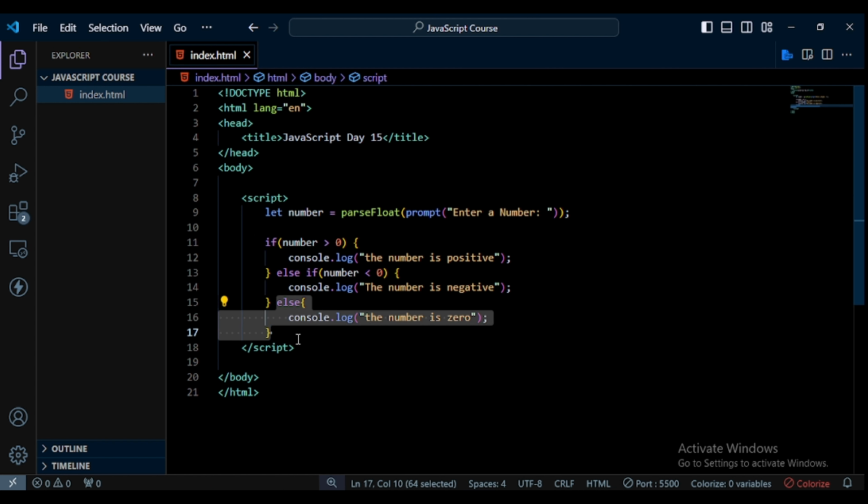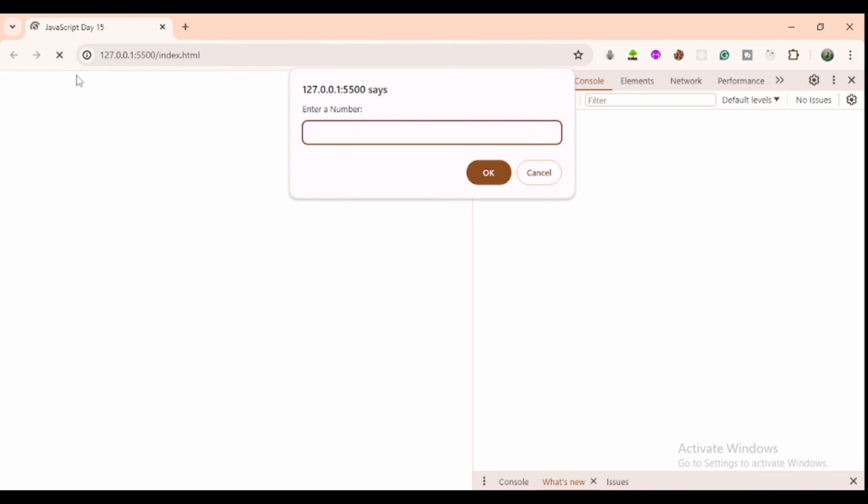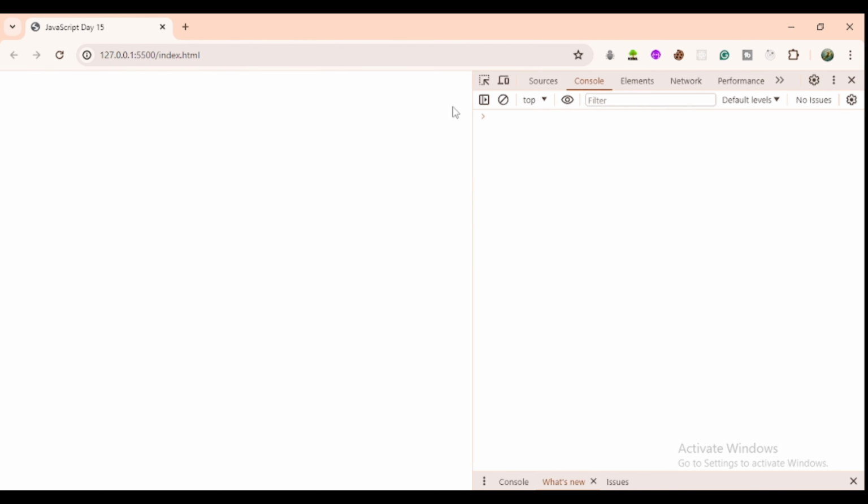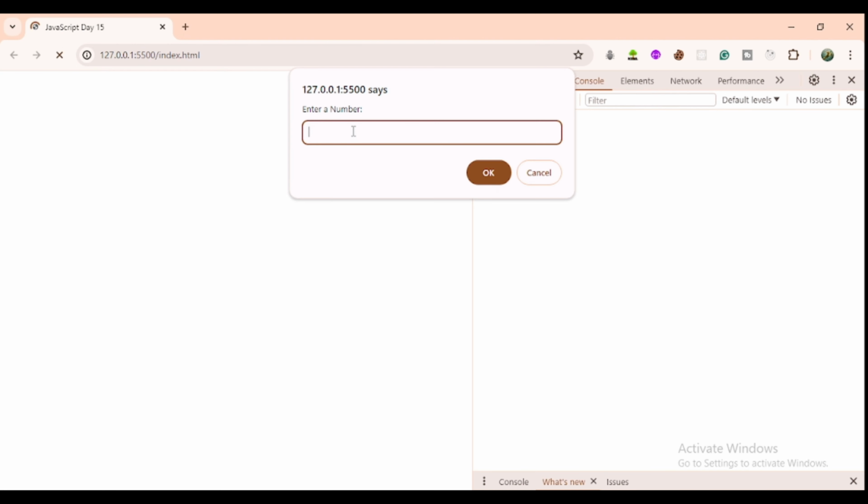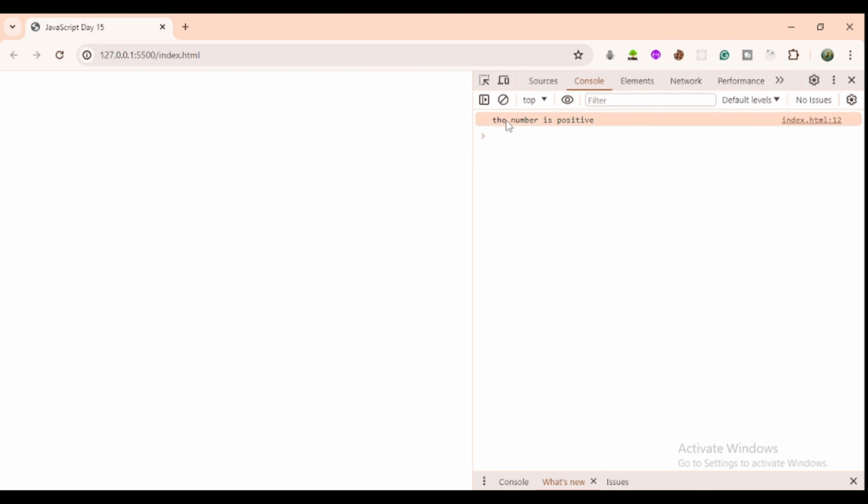Okay, so I go to the browser and reload the page. You can see it says enter a number. Here I pass a number like 8. I click on OK, and you can see it doesn't give anything, so I reload this. Now I pass 8, then click on OK, and you can see the number is positive